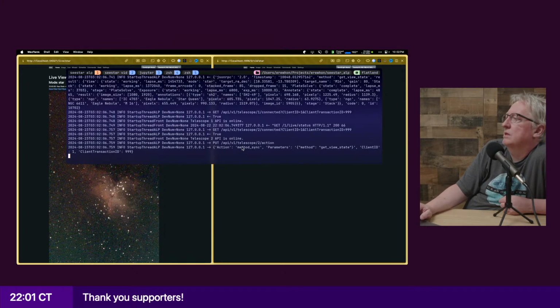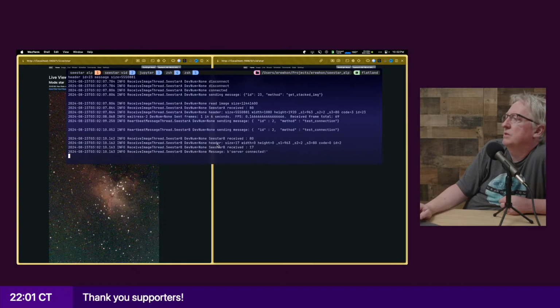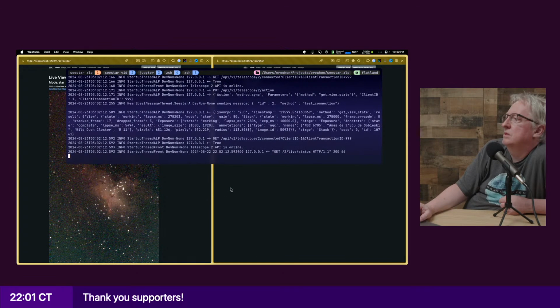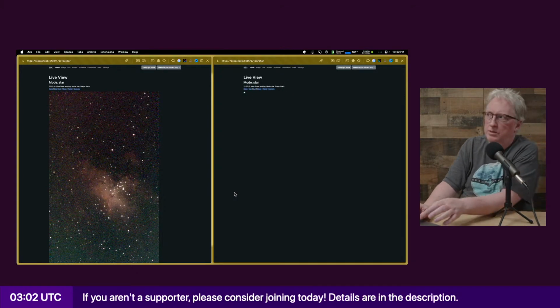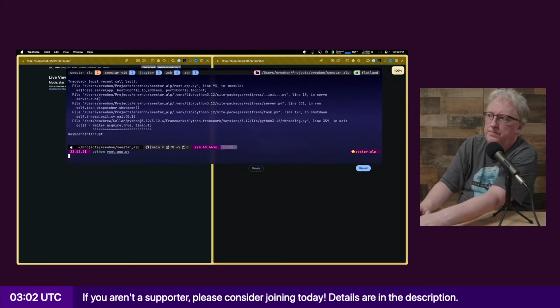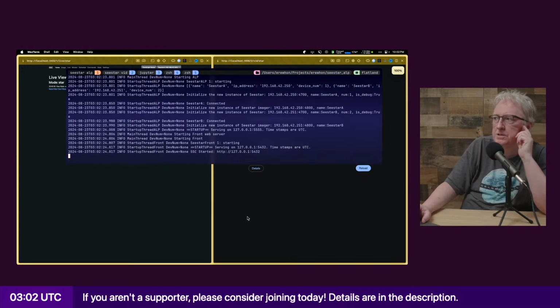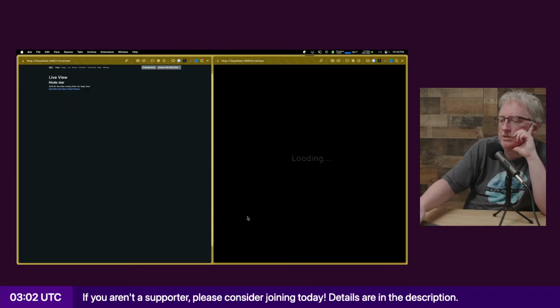It says it's connected, but it's not pulling the image. This is the problem where it gets in this mode where it refuses to, so I'm just going to stop and restart it. Which isn't ideal, but that's one of the rough edges I'm going to sort out. Oh, see, now it's loading.